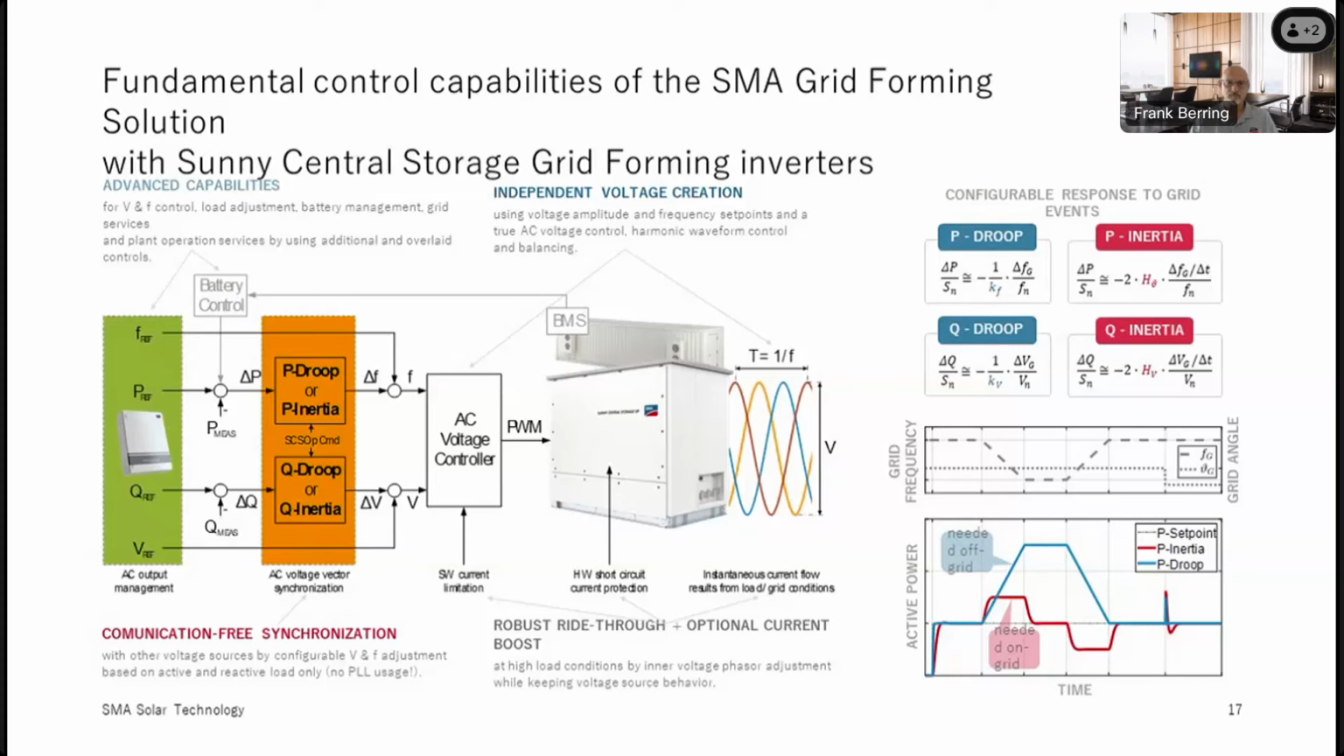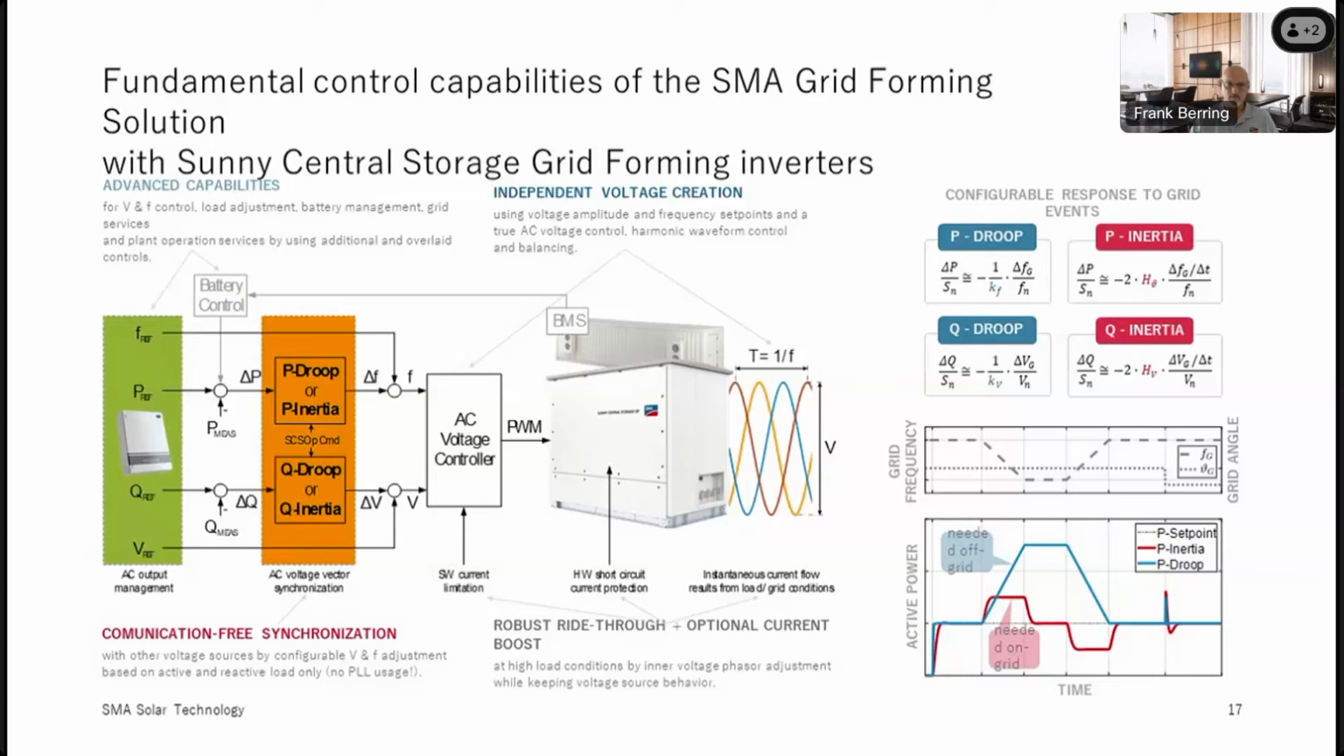And then also we have a grid angle jump in the graph, and the response we see for these two different control modes. In blue, it's the response from the P droop mode, and in red, it's the response of the P inertia mode. So the main fundamental difference, of course, is that the